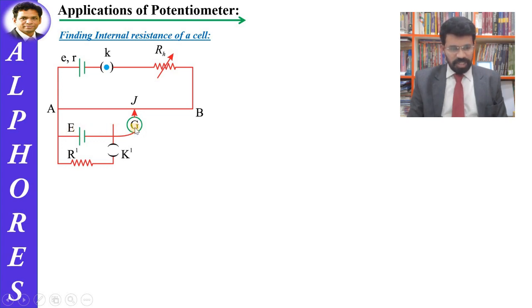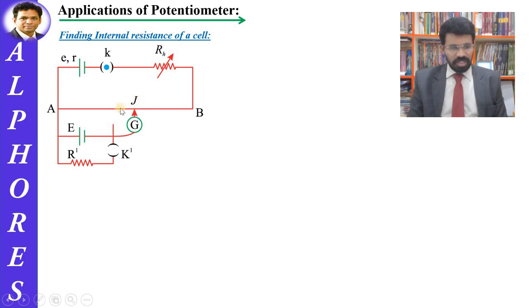See, here one galvanometer is used, and the arrow mark indicates the jockey. So what I'm going to do is tap with the jockey. Children, one more point here: K is open. If K is open, what does it mean? The resistance R dash, whatever resistance is here, is not included in the circuit. So it's not connected. It's open. Key is open, it's not closed. So since the key is open, only this cell was taken into the circuit.